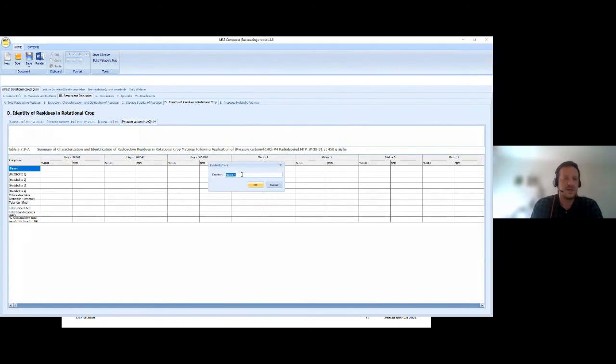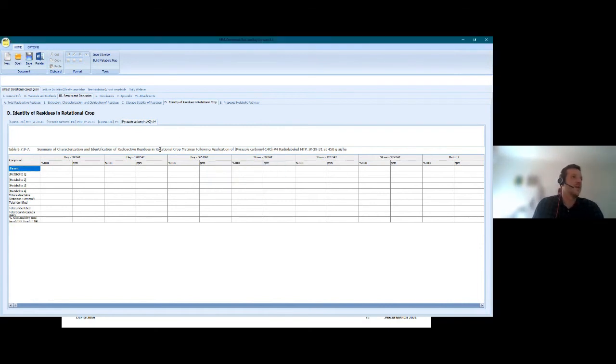I also have my straw sample. And at a year of interval. When I have informed my header columns,